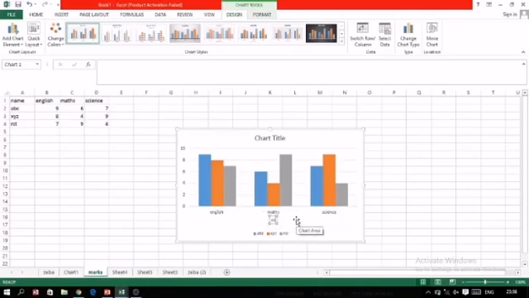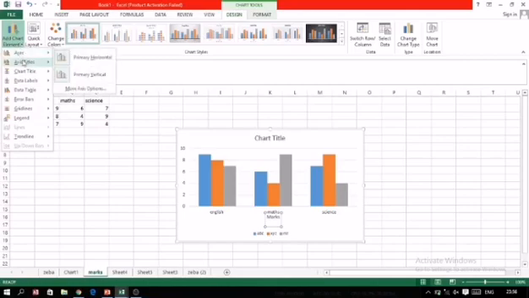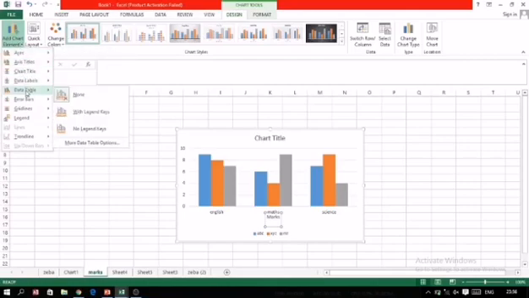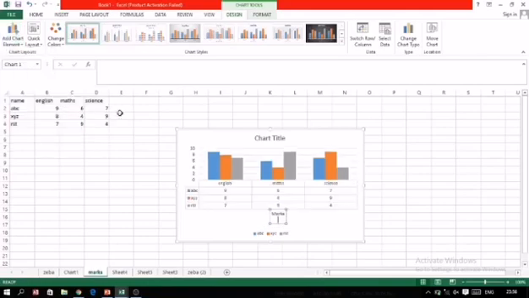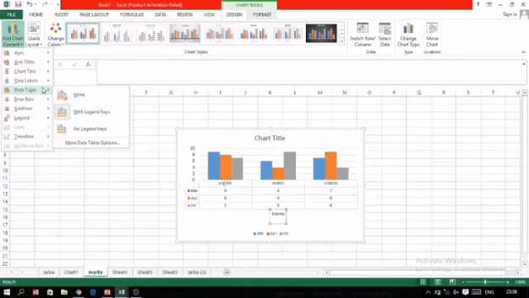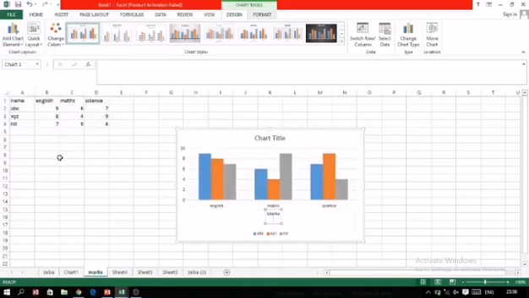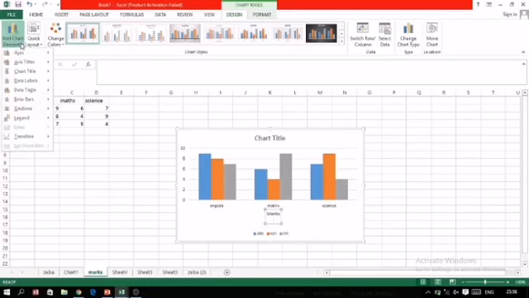So this title appears. In this way we can add different elements to the chart by using Add Chart Element. Some of the elements are axis titles, chart title, labels, data table. Okay, I'm doing it for data table now. Data table with legend keys, so the table will get attached to the chart. If you want to hide it again, choose Data Table and None, and the table will be removed. So in this way we can add different elements to the chart with the help of the Add Chart Element option.